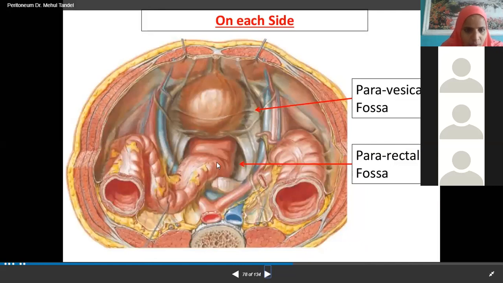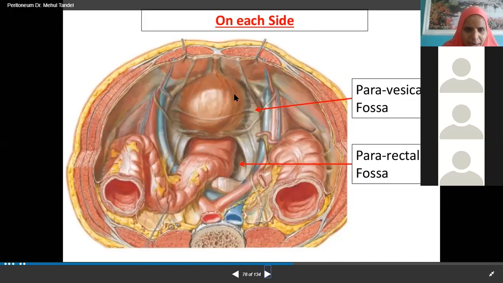See here. We know this is the appendix, visible here. First of all, let's understand this picture. The vertebra is seen here, which means this is the posterior aspect. What is the name of this muscle in the anterior abdominal wall? External oblique. Below the skin, yes. In the middle, rectus abdominis. This is right rectus, left rectus.